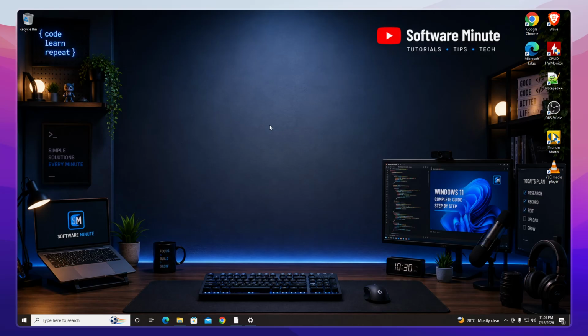First, make sure your Windows 11 computer is fully powered on and has completely loaded up. You'll want to wait until everything is ready and you can see your desktop clearly before proceeding with the next steps. Once your PC is ready and you're at your desktop, direct your attention to the taskbar at the bottom